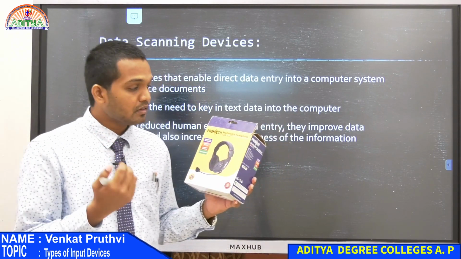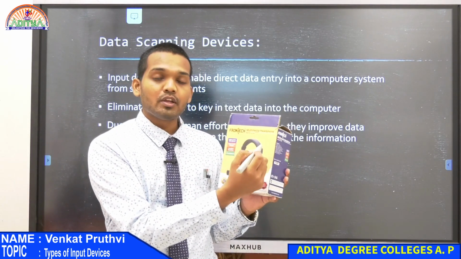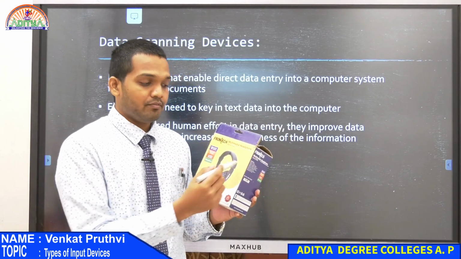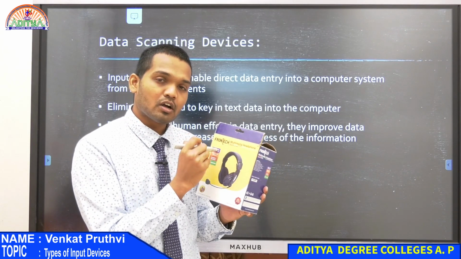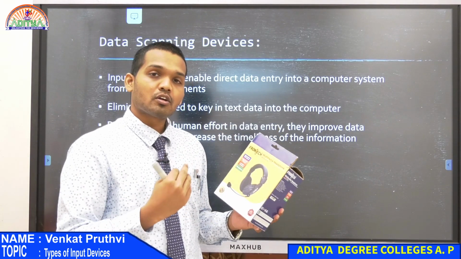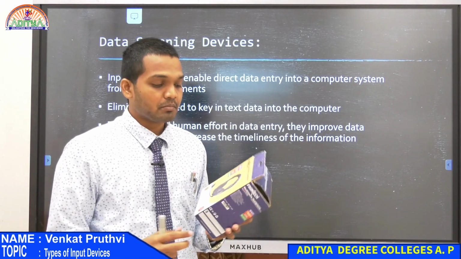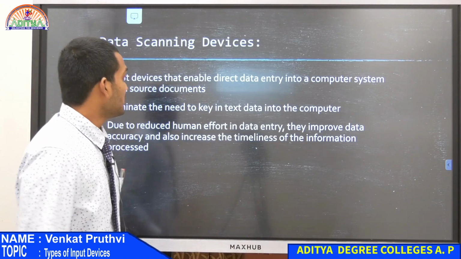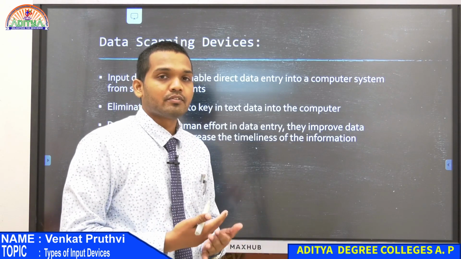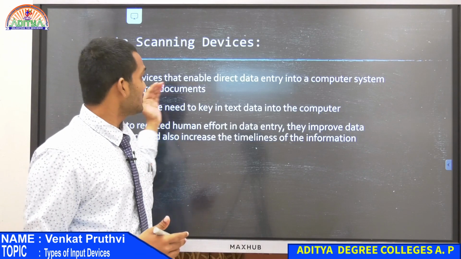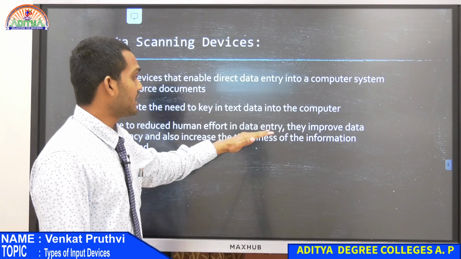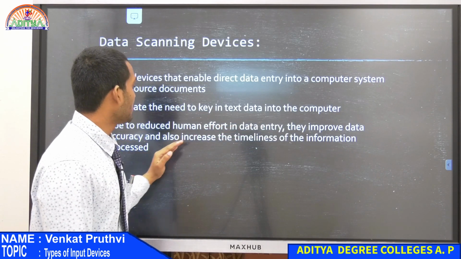It will scan in such a way that you need not bother to redesign the background of this text, because every pixel or every dot of this data that we are trying to scan is being copied into the computer by the scanning machine. So that is how these scanning machines help us. They are reducing a lot of work for us, and it's helping us to scan the documents directly into the computer system.